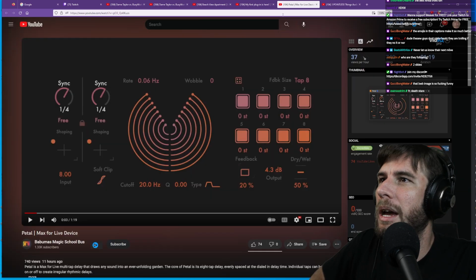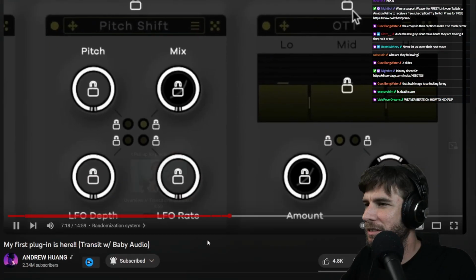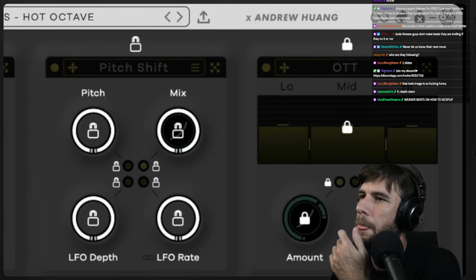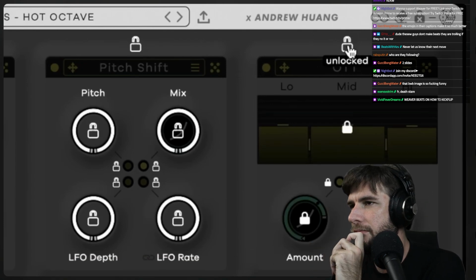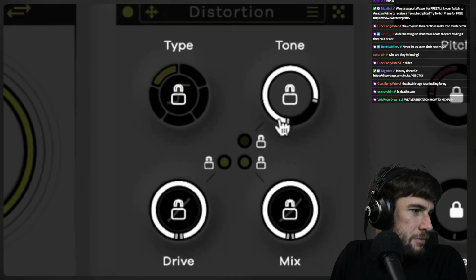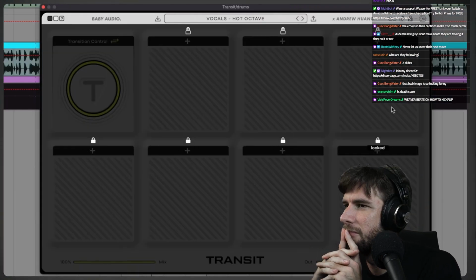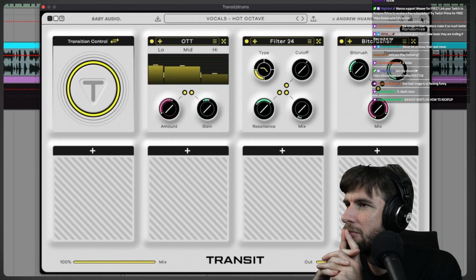Okay, anyways, back to this. Sorry, random tangent there. Up here, so let's say I like the OTT. I'm going to control click that. That locks the entire module. If you don't control click, this is just the module selection lock. And also you can set the range of randomization for different parameters if you want. So let's completely randomize the top 3 module slots. And I'll do this example on drums just to switch it up.